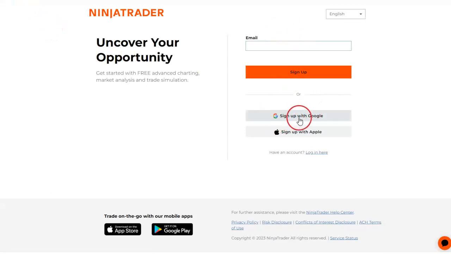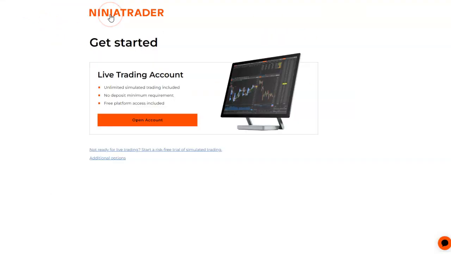You'll go through the sign up process. Once you've logged in with Google or you've given a username, you'll get to a page like this. You'll notice down at the bottom it says not ready for live trading. Now, of course, you're free to open a live trading account with them if you want,